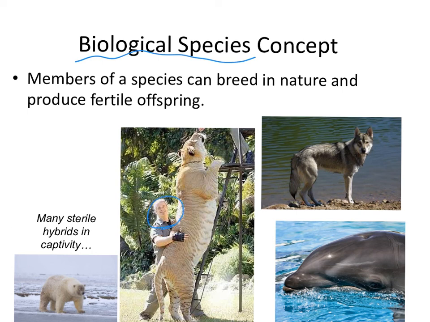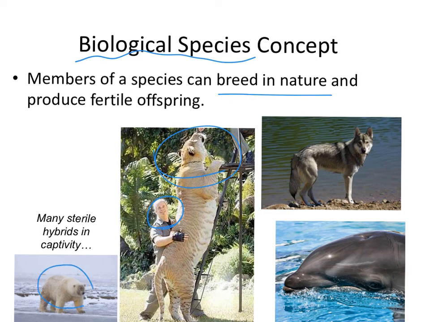I didn't notice that because I haven't looked at this in a year, and Tiger King wasn't out last year. But this guy is a liger, a lion and a tiger bred together. Well, in nature, lions and tigers don't live in the same habitat, so they would never naturally mate. So by this definition, the liger, the cross between the lion and the tiger, would not technically be a species because those organisms would never breed in nature.